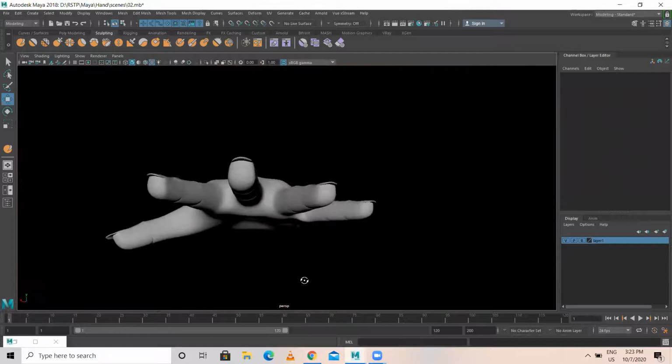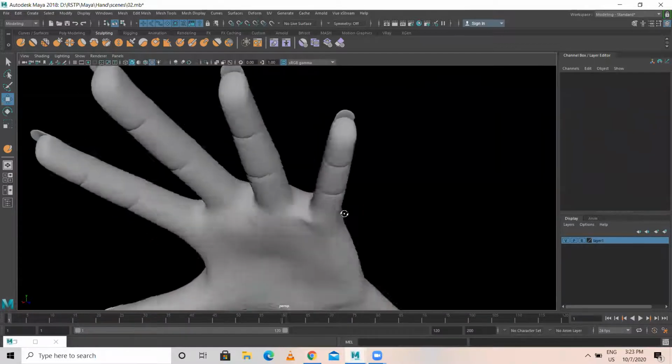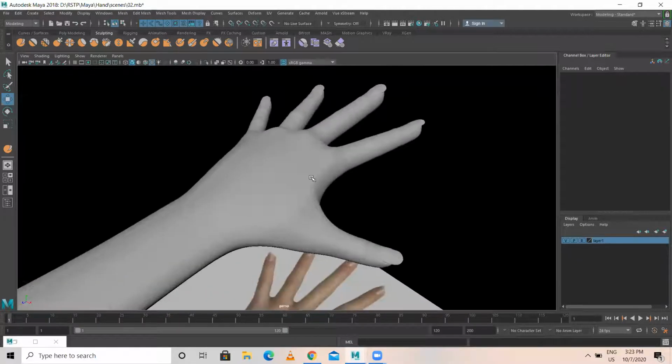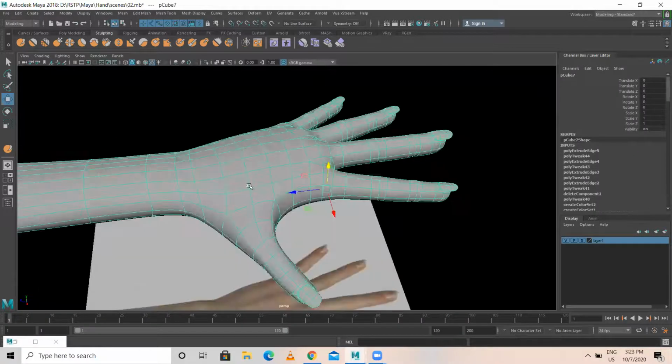Understood. Any doubt is there? No, sir. So then it's all about texturing. The next step is texturing. We can do the texturing part. I can even smooth this area.